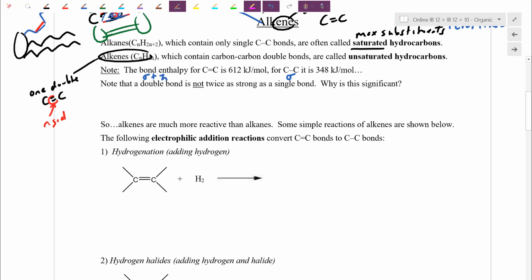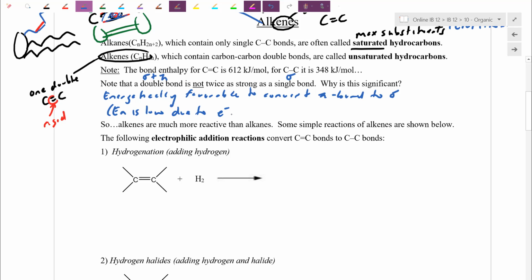So why is this important for an alkene? Why does it make it reactive? It's energetically favorable to convert your alkene, which has a pi bond, the weaker of the two bonds, back to a sigma bond. Yes, having two bonds is stronger than one, but let's have two single bonds rather than one sigma and one pi bond. As a connection to our kinetics section, the activation barrier, Ea, for this process is low due to a very electron-rich environment, a high electron density